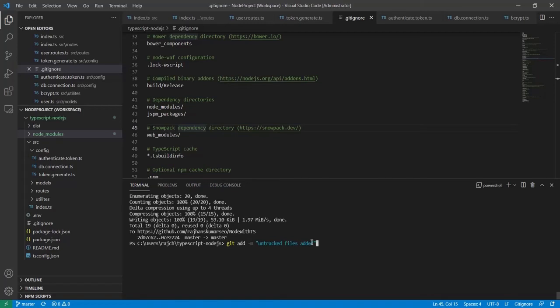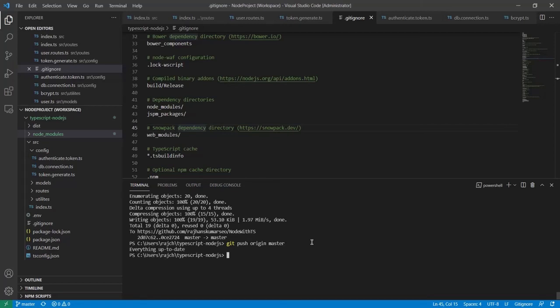To remove the locally added files I used git reset --mixed, and then I again did git add with capital A. Then I did git commit -m, which was the first commit locally, and then I did git push origin master.